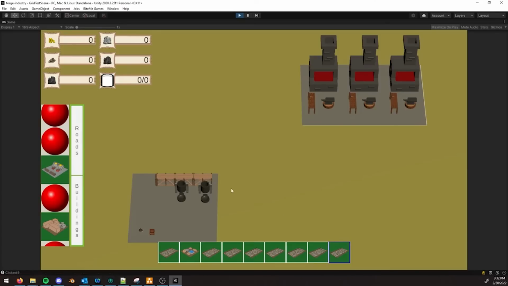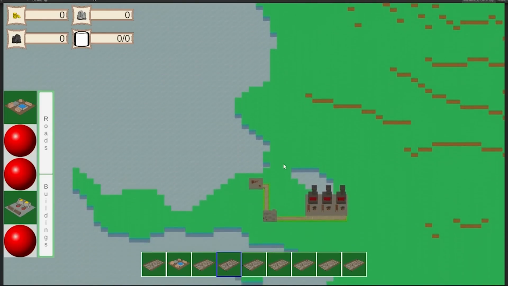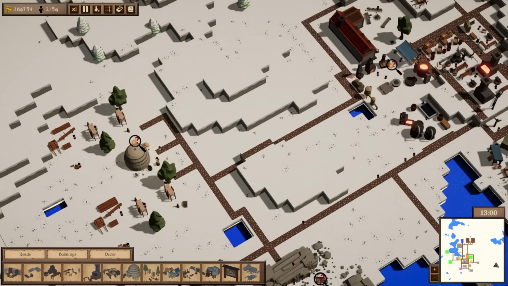It's something that we actually haven't really done. We should have done it with Forge Industry, where we had that one weekend build of the game, but we kept building on it. We should have just been like, okay, scrap it, start over. Because we then knew what the relations were between a worker, an inventory, a road, and a building basically, and we could plan for that. But because we didn't know that when we started developing the game, there were a lot of mistakes there that we should have looked for.